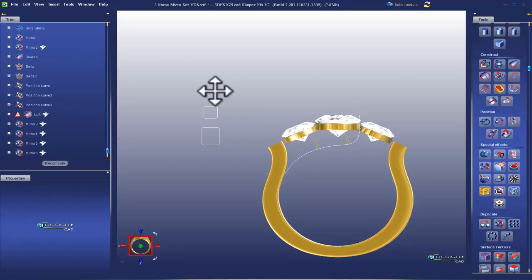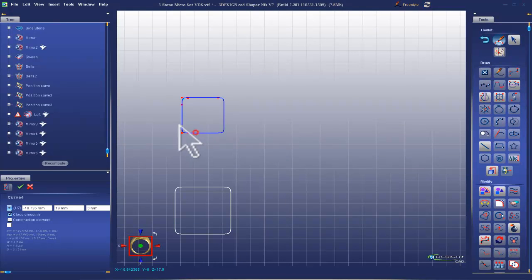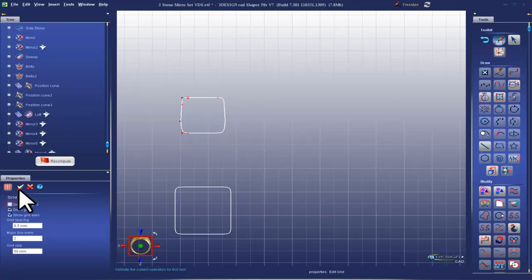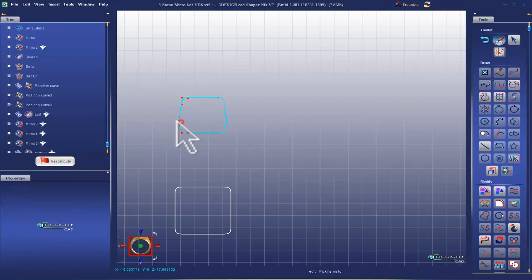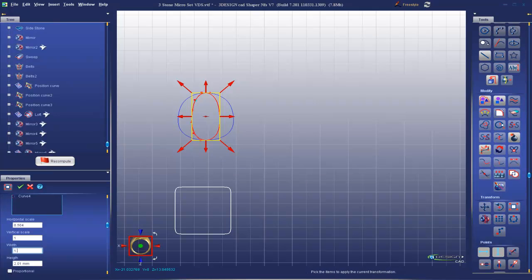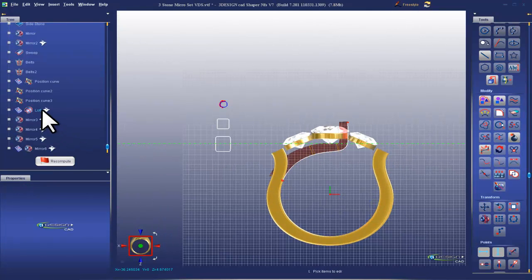We'll go ahead and we'll take this section, and I'm going to make it into more of a round. My grid snaps are on. I'm going to turn those off and change it into a round cross section. Doesn't have to be perfectly round, just pretty close. I'm going to resize it 1.2 by 1.2. Validate. Now when I recompute this loft,